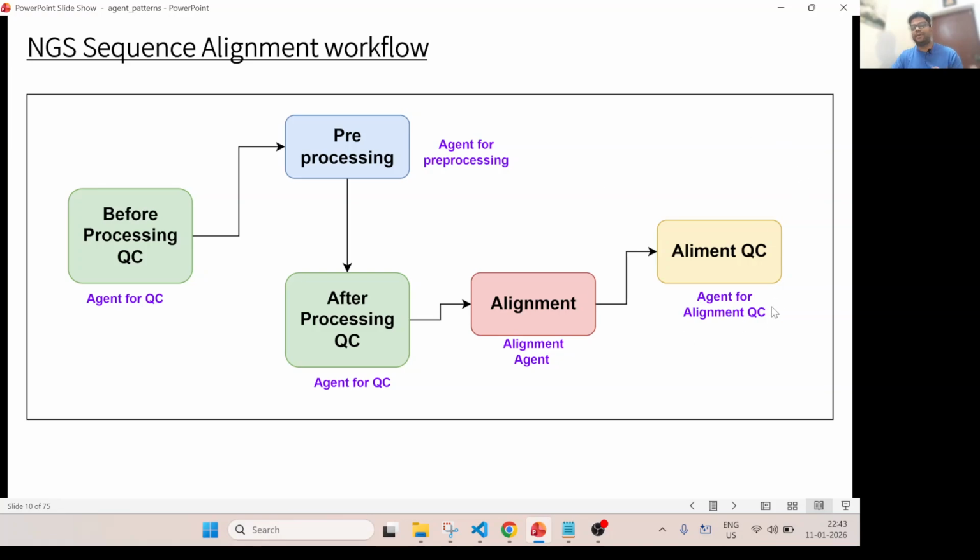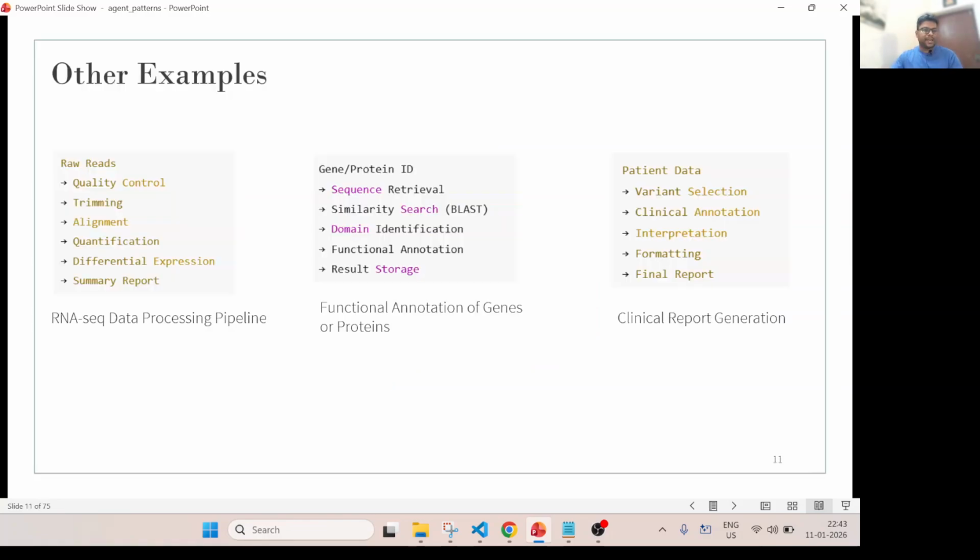And then we have an agent for alignment QC. So in this kind of workflow where we have a specific order, we can use this. And most bioinformatics pipelines generally follow this kind of workflow, and we should go with the sequential design pattern. Some other examples, extending the same to the alignment, you can go for quantification, differential expression, and